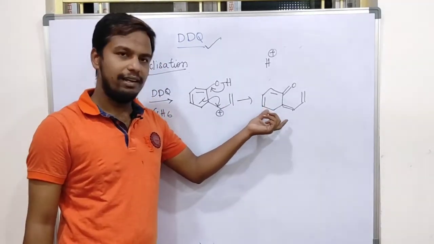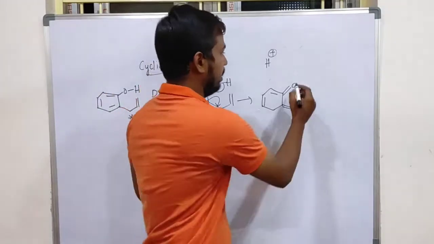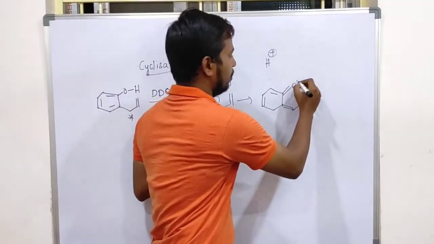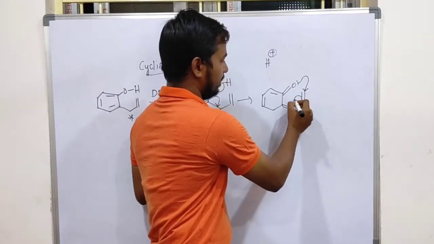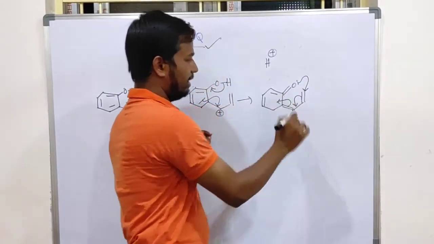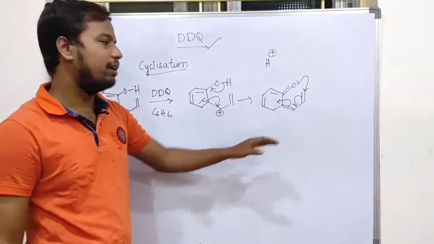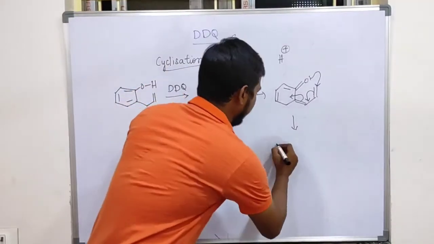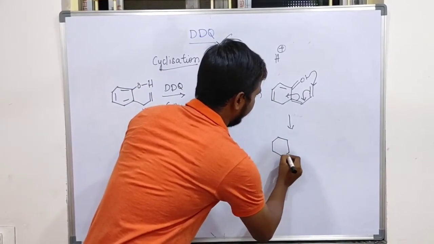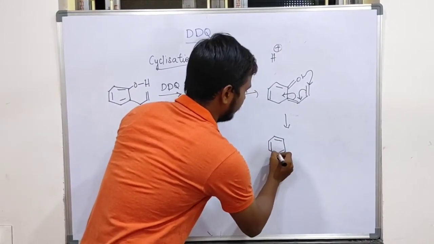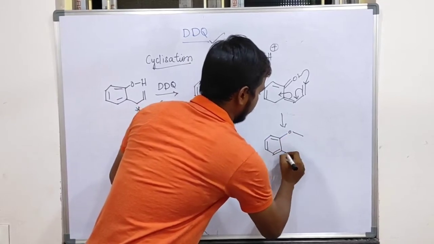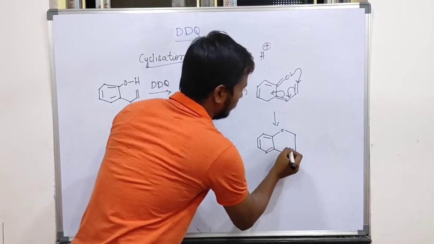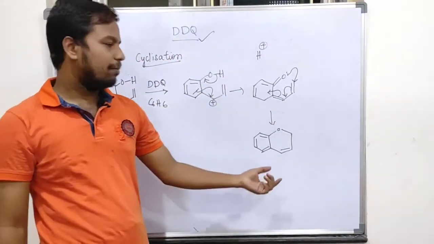How is it going to happen? Oxygen contains a lone pair of electrons. That lone pair of electrons moves towards here, and this shifts here, and like this. This is electrocyclic ring closure. Electrocyclic ring closing will occur, and the aromatic character is retained. And see, the pi bond is shifting here, right? Yeah, this type of species is formed.